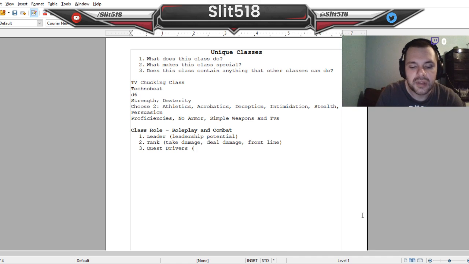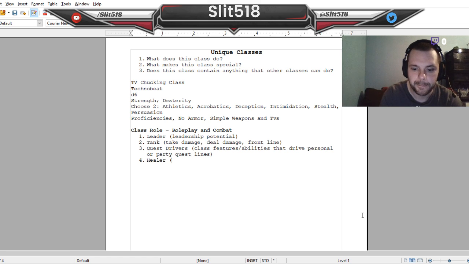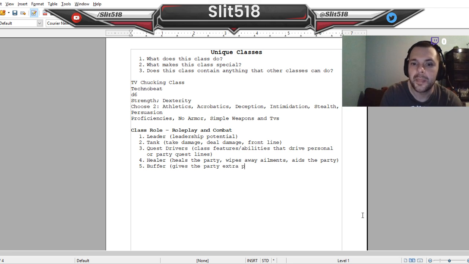So, Quest Drivers. Class features and abilities that drive personal or party quest lines. So then we have the healer. Heals the party, wipes away ailments, aids the party. Buffer: gives the party extra power